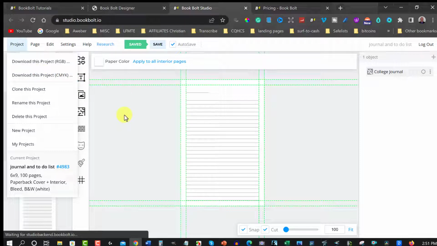Anyhow, then you can just download that. It'll come up with a zip folder, and inside the zip folder you'll have 3 files. You'll have your JSON file, which can be opened up in Chrome, or you can have your 2 PDFs, and those 2 PDFs are the cover page as well as the second page. The second PDF will be the interior, and you want to have those separate